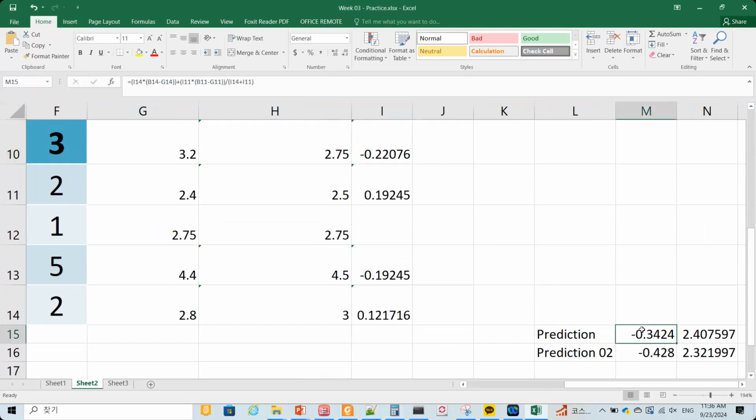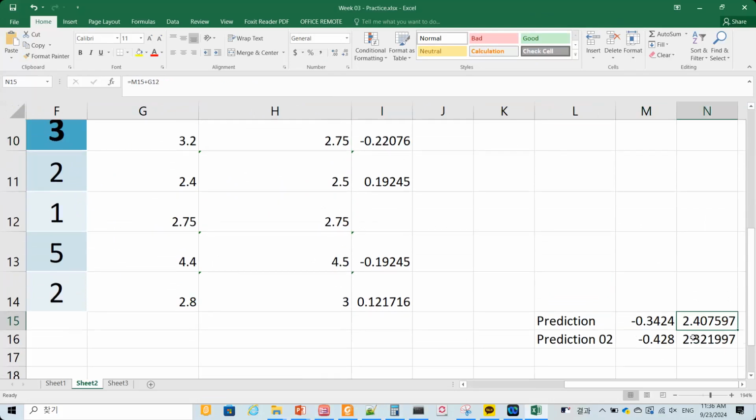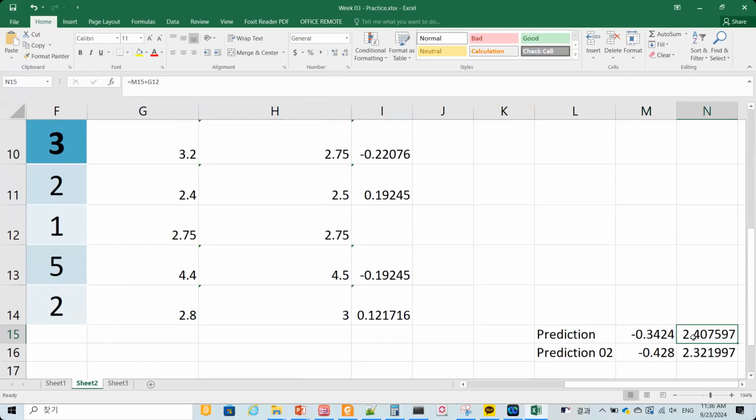Then yeah, you can do the prediction. So the rating in the... so the rating for this one, wait a moment. Okay,